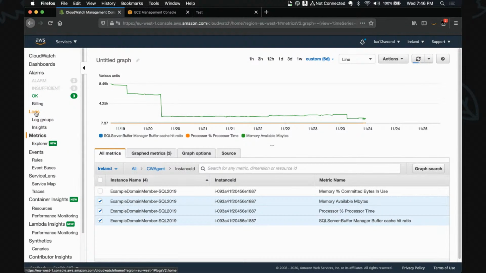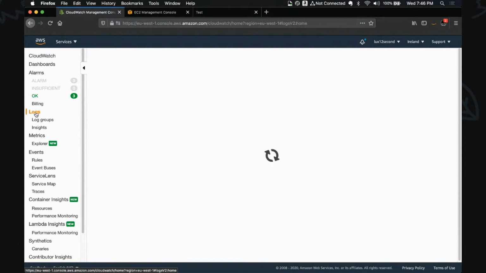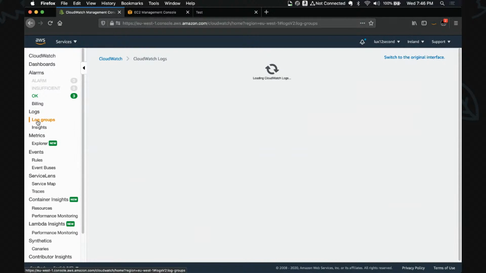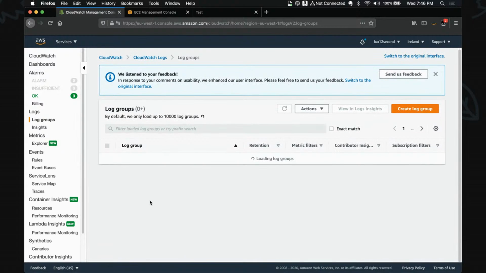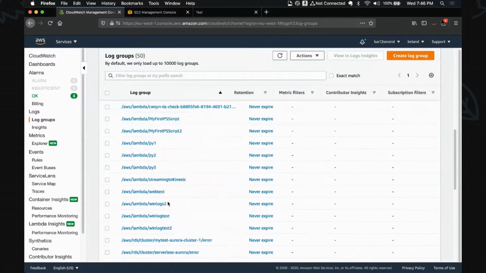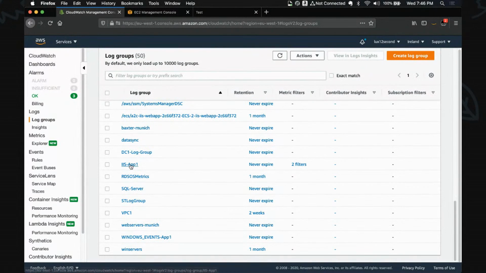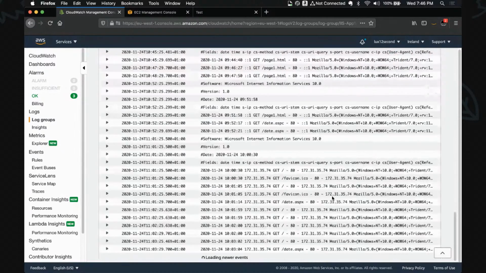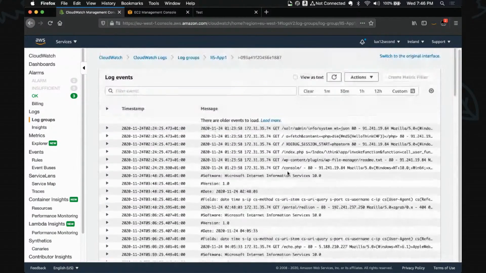Other than that, it's also emitting the events. I'm also close to the end, and I can see them on the logs, right? The Windows event logs are sent to log groups, and the log group that I configured there for this one is this log group, right? And there is this log stream in that log group. And as you may see here, these are the logs that I'm collecting from that system.